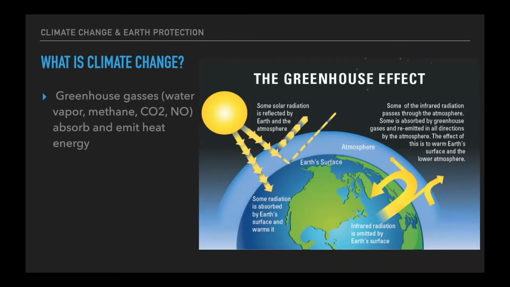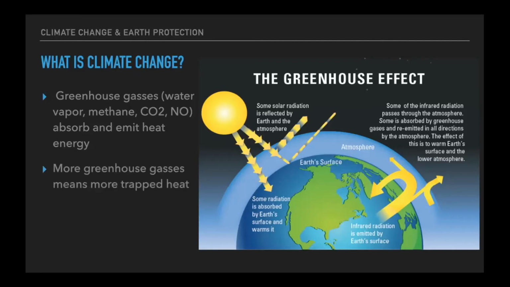And so this is what makes our planet habitable. It's really important that we have these greenhouse gases. But of course, we're making more greenhouse gases than what naturally occurs, or disrupting the natural cycles of carbon dioxide cycling, for example. And that is leading to more and more efficient heat trapping in our atmosphere, especially in the lower atmosphere where we all live.